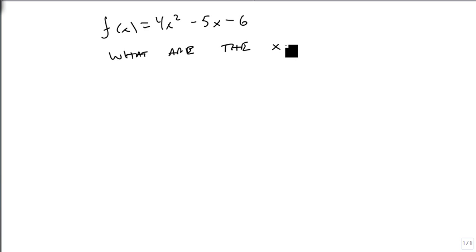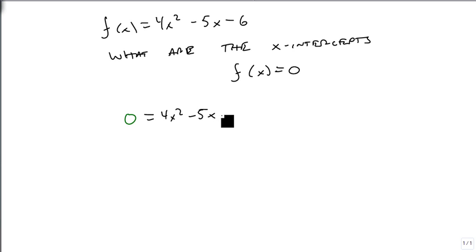Now, we also want to look at asking when does f of x equal 4x squared minus 5x minus 6. And we want to know what are the x-intercepts. Remember, an x-intercept is wherever it crosses the x-axis, and so this means our y value, or our function value, equals 0. So we can replace f of x with a 0 and get 4x squared minus 5x minus